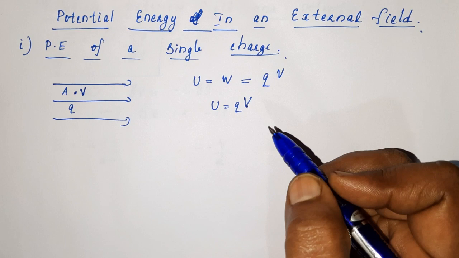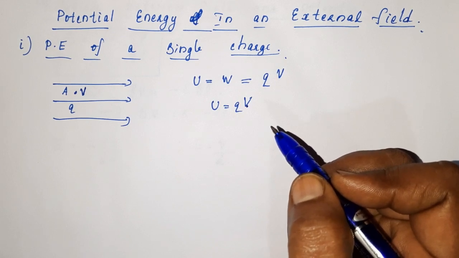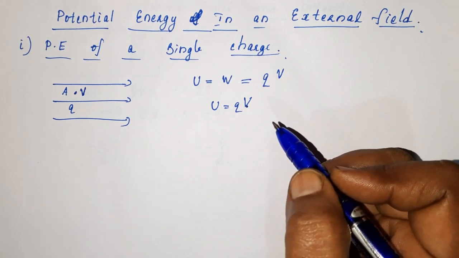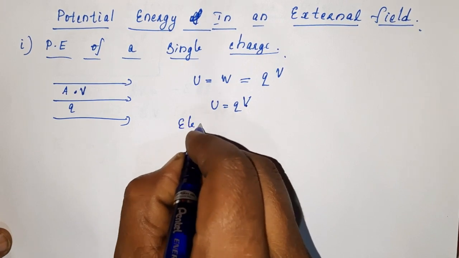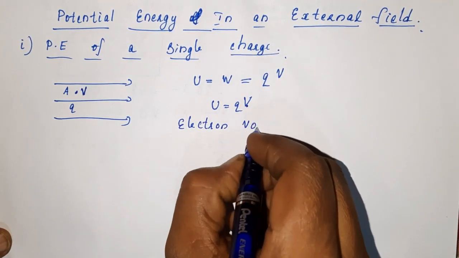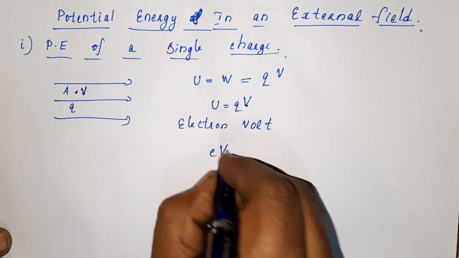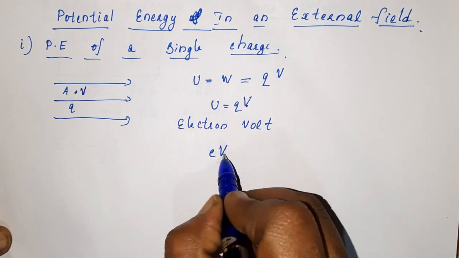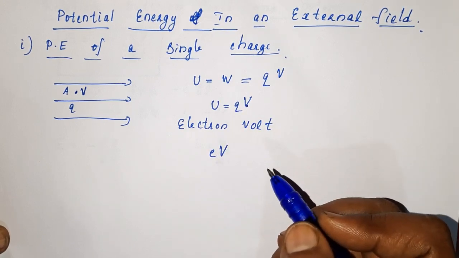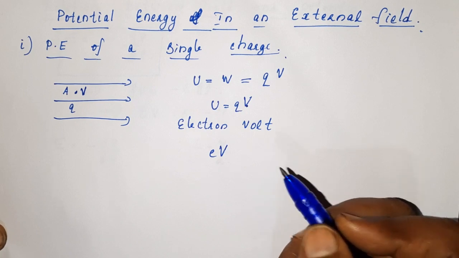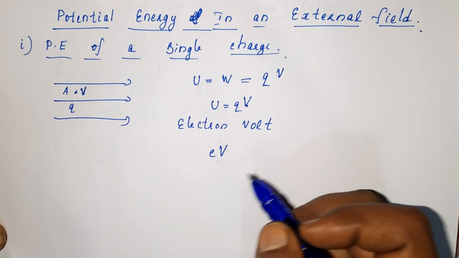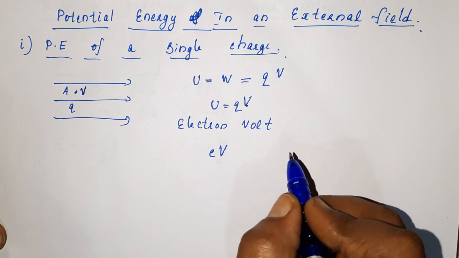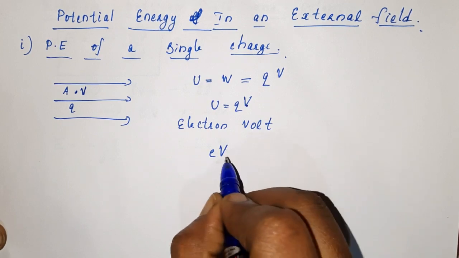We were using that unit electron volt in previous chapters. I think we used it in dual nature. Electron volt, what is that unit? We represented it like eV, which stands for electron volt, and I said this electron volt is a smaller unit of energy, especially when we deal with microparticles, the atomic world or nuclear world. In nuclear physics, atomic physics, nuclear chemistry, the energy will be very small. To show that energy, we use this unit.